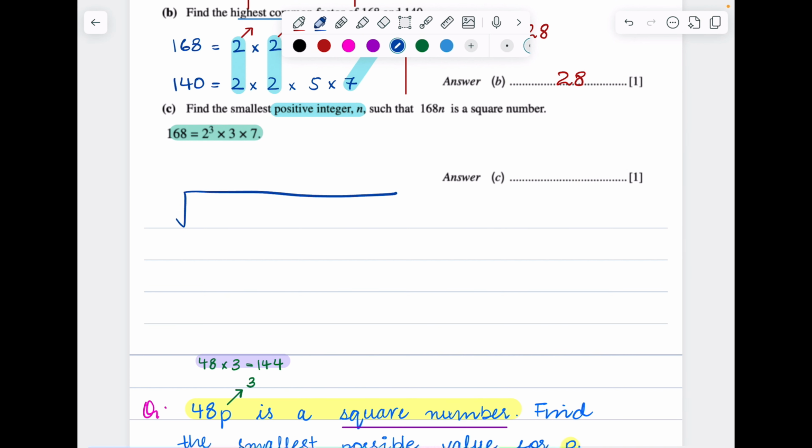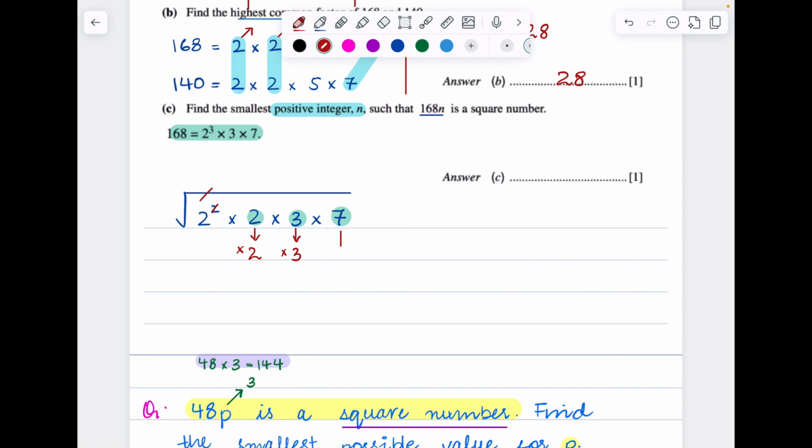So if I write it under a square root, it's a square number. So 168n, when I multiply by the new number n, it should give me a perfect square number. Let's check. I'm going to write this as 2 square times 2 times 3 times 7. Now 2 square and the square root would cancel out, but we have a little bit of trouble. The trouble is this 2, this 3 and this 7 do not have any squares to cancel with the square root. So that means I need to multiply another 2, another 3, and another 7